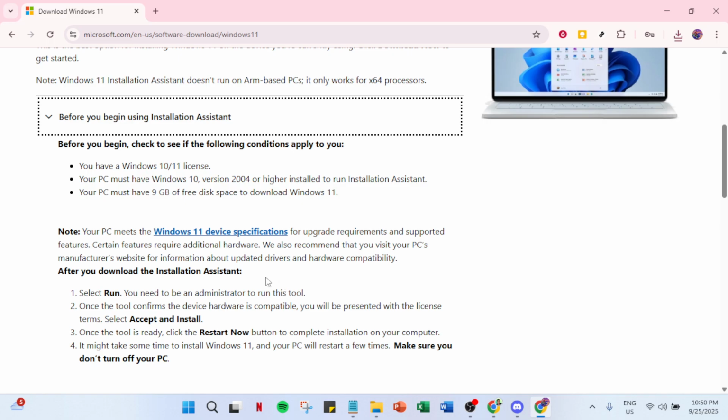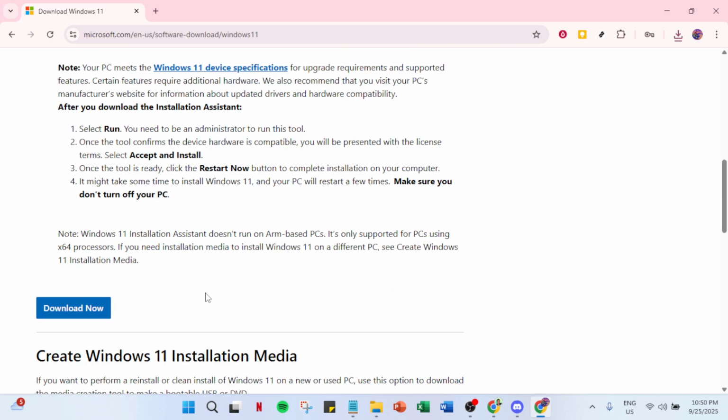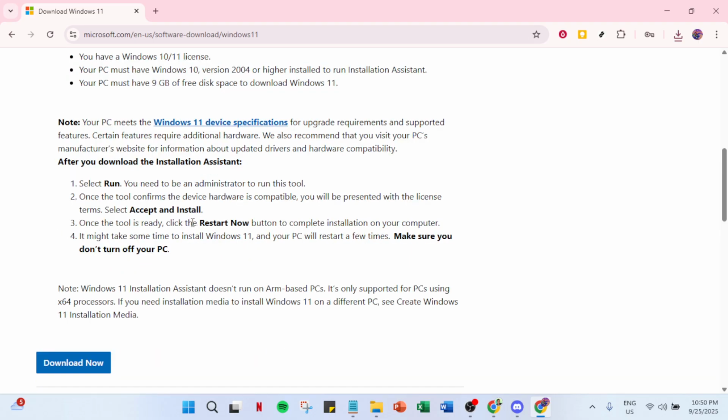You have the option to restart immediately, or, if you prefer, you can let the system automatically restart after a set timer. This flexibility allows you to complete any ongoing work before transitioning to the new operating system. Finally, after your computer restarts, the installation will complete, and you'll be greeted by the fresh and modern Windows 11 desktop. And there you have it.